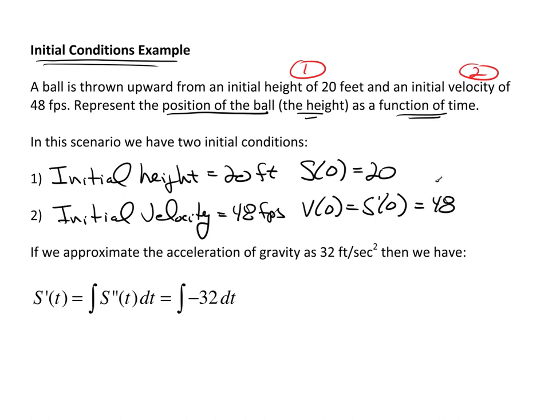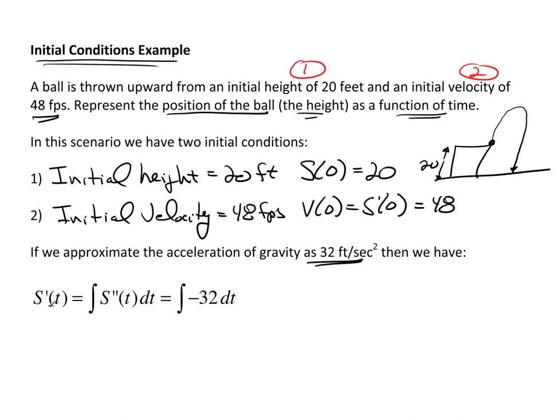Now think about what's going on here. Let's just say I've got this little building. This building happens to be 20 feet high. And I'm up here and I'm going to launch a ball. It's going to come up and it's going to go down. That's what's going on with this. So I start off 20 feet high and I launch it at 48 feet per second, and what goes up must come back down. So if we approximate the acceleration of gravity as 32 feet per second squared, then I have